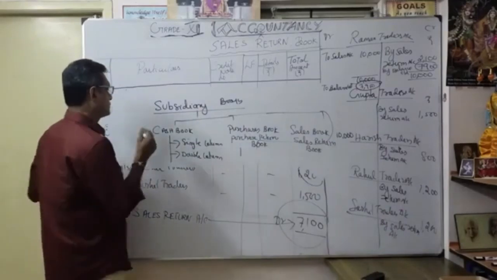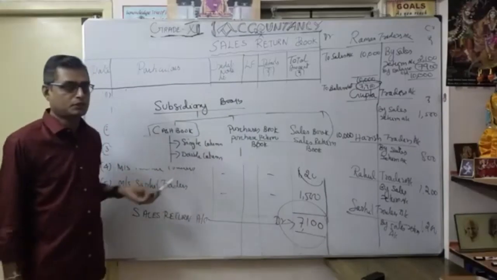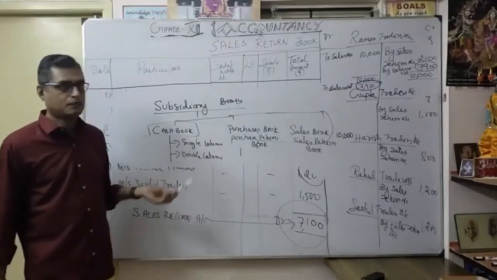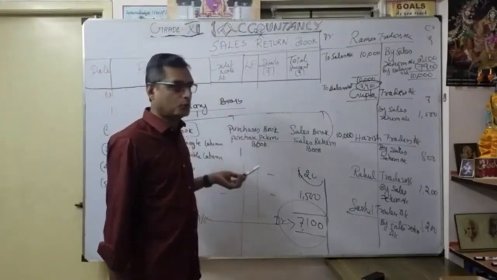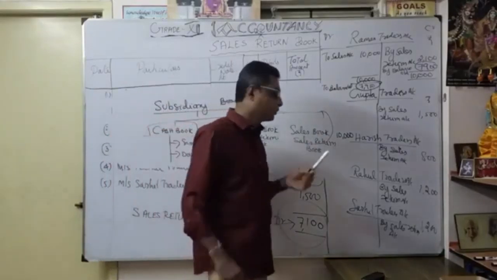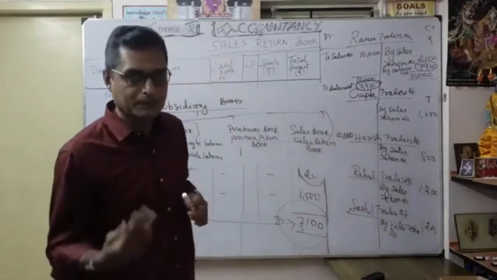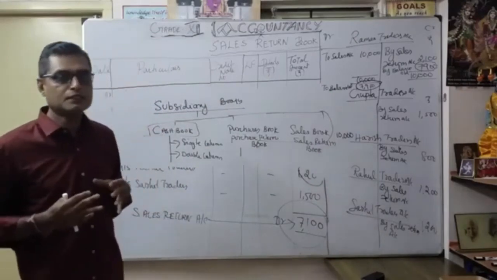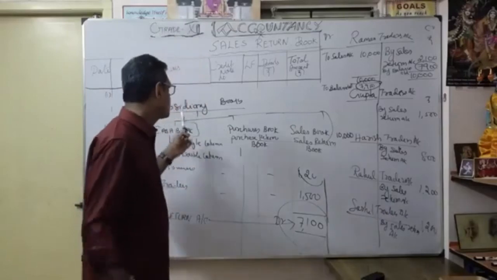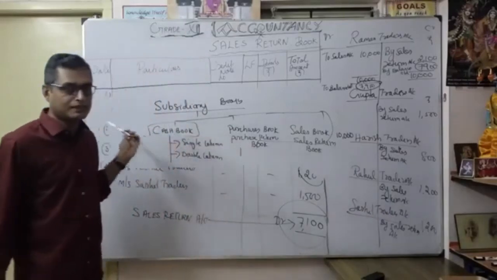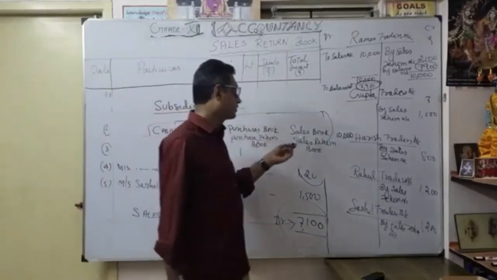As a cash book, under that, what are the types of cash book? Very important: single column cash book and double column cash book. Then the purchase book and purchase return book, then the sales book and sales return book. You should know the purpose behind preparing each book. That is very important, otherwise you don't know the exact meaning. You should know why you are preparing these subsidiary books, such as the cash book, purchase return book and sales return book.